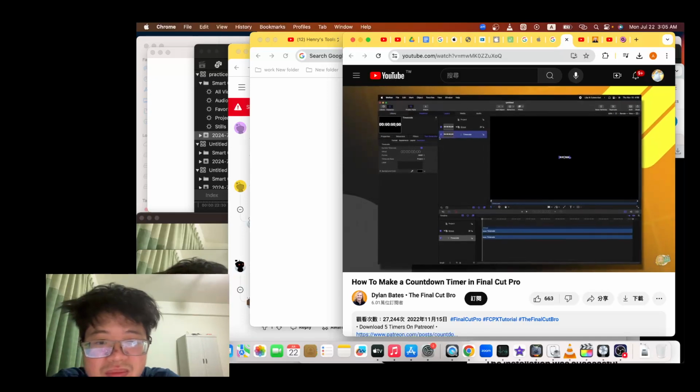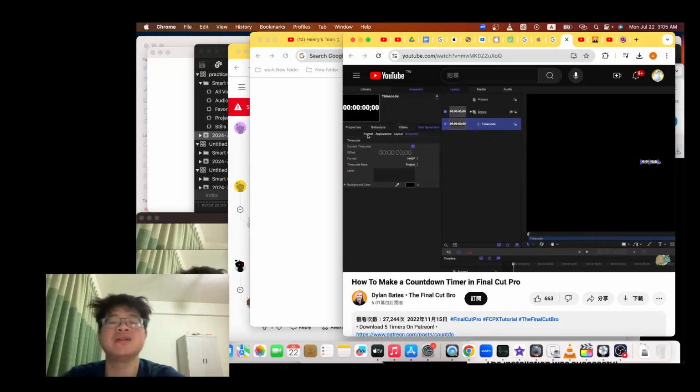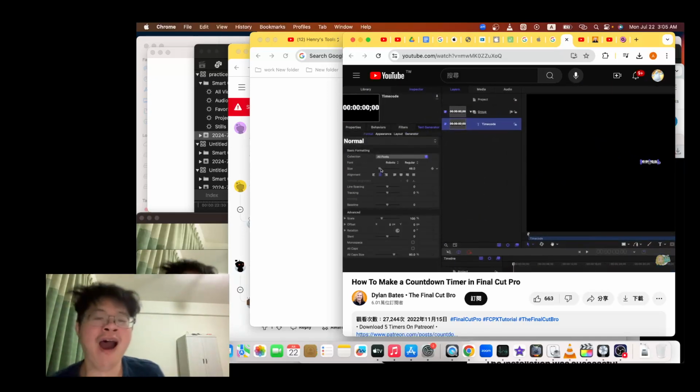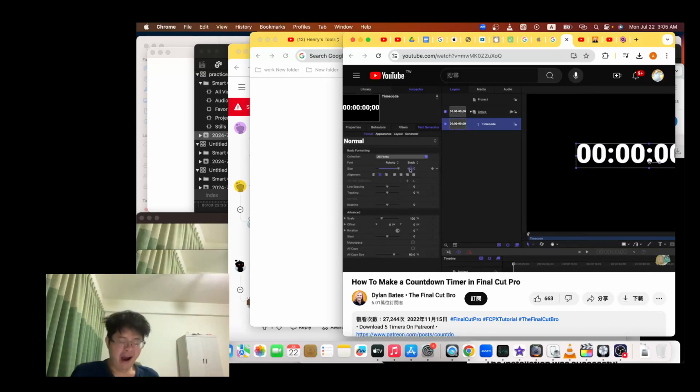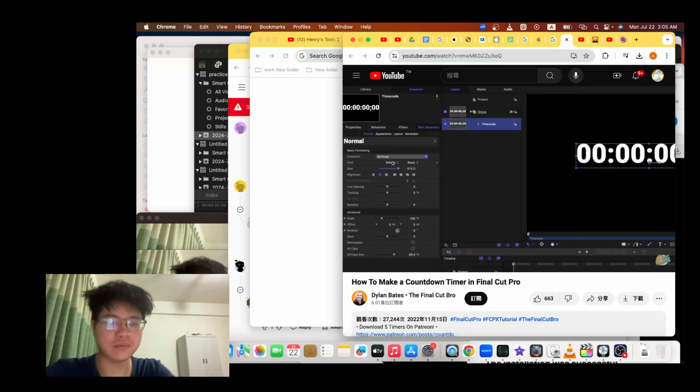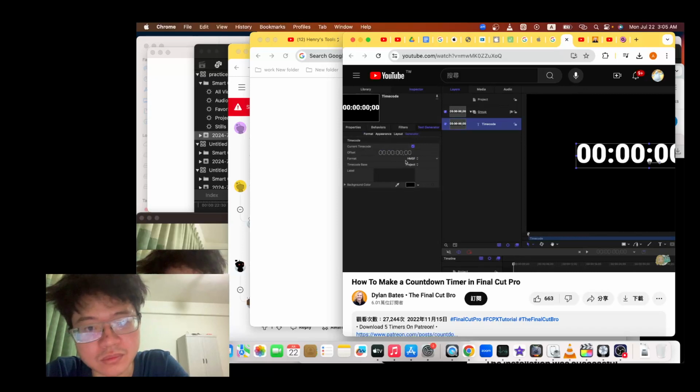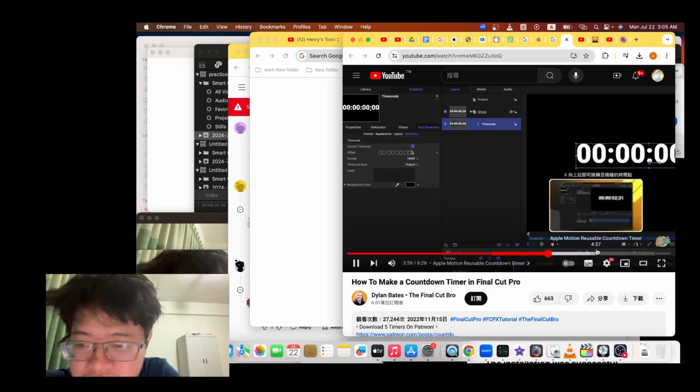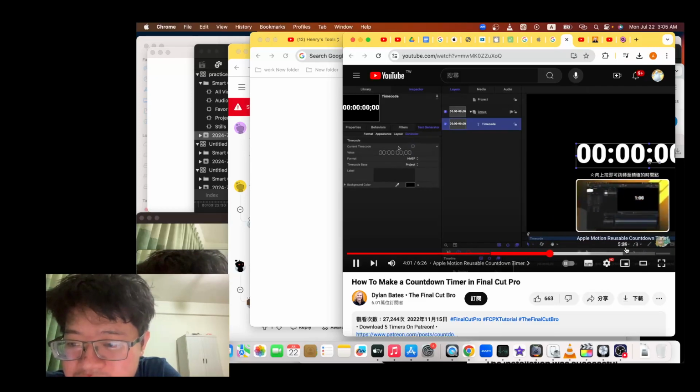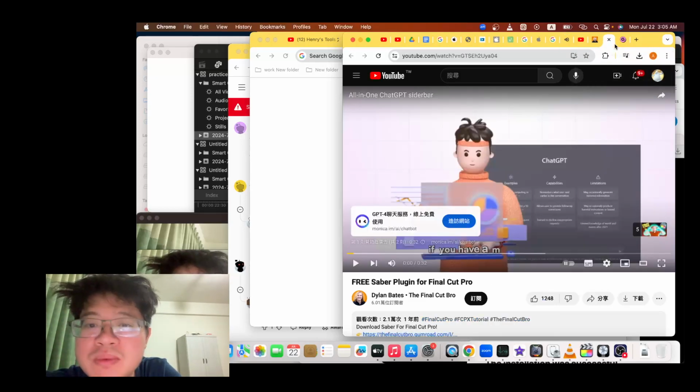With our timecode selected, we can go to the inspector and find the format options. We'll go ahead and drag up the scale to our liking. We can set the font to whatever we like. Then we can go over to the generator settings and find this current timecode option. It's very important that you disable this. Now that we've done that, we have this. That's too much, but